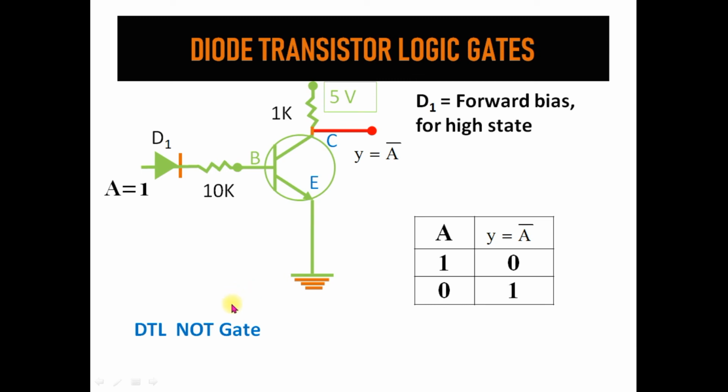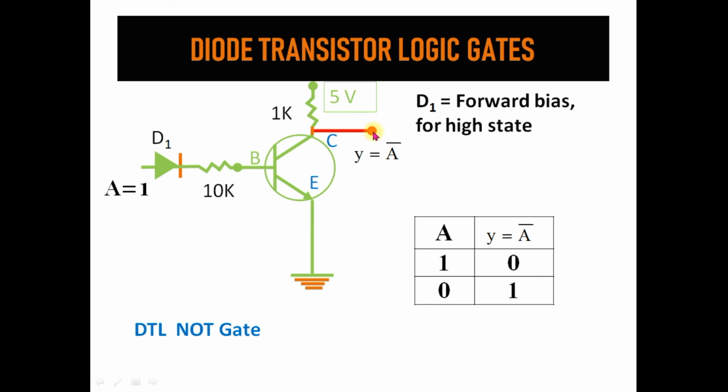Similarly, we see the NAND gate. If A is equal to 0, then there is a flow of current or voltage to the base, then it makes a complete path for the flow of voltage or current. Then no current is coming in this direction, hence the output is 0. If this diode is in reverse bias, then there is no base current, then we can measure the output voltage which is present.